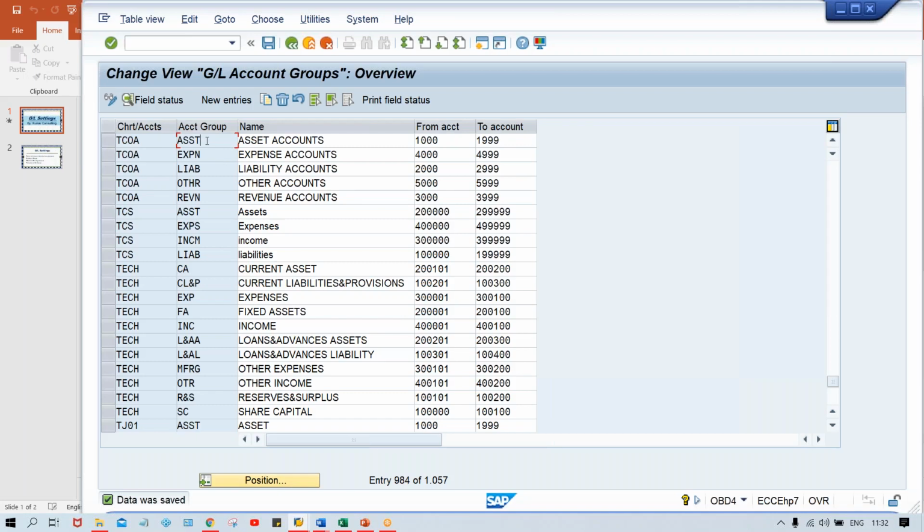Because if you're going for an interview and somebody asks what kind of control is made by these account groups, so it controls the number range. Here we have given the number range already, as we have seen during creation of a GL account. So it controls the number range, and second, it controls the fields also. Which fields? The fields which appear in the GL master, whatever fields are appearing under the GL account, those fields are controlled by this account group. How it is controlled, I have just shown.